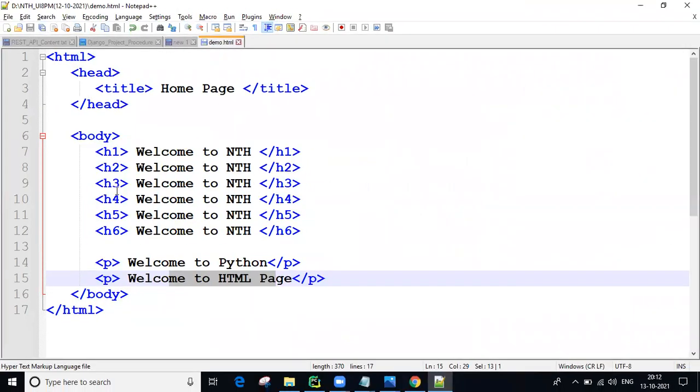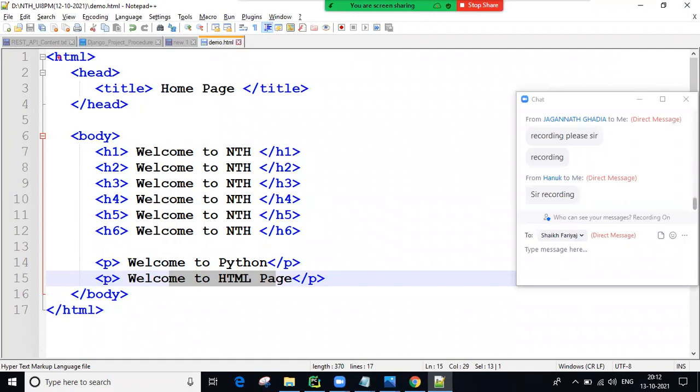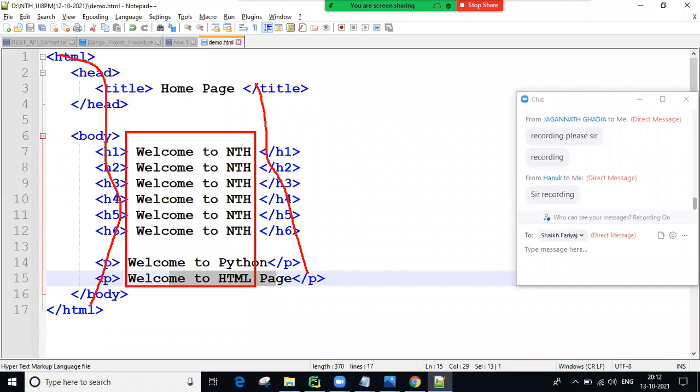Whenever we execute this HTML, it ignores and removes all these tags, and only the content between the tags is displayed. Who displays this content? The browser.